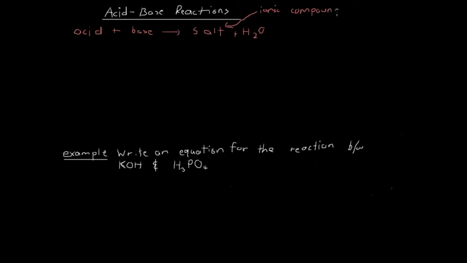What's produced is a water molecule. The leftover ions, the ions that aren't donating or receiving protons, or getting mixed up in the production of this H2O molecule, are going to end up forming the salt. We're going to do an example in a minute,